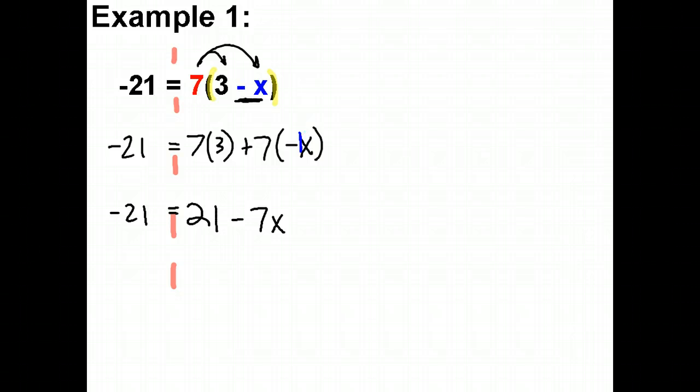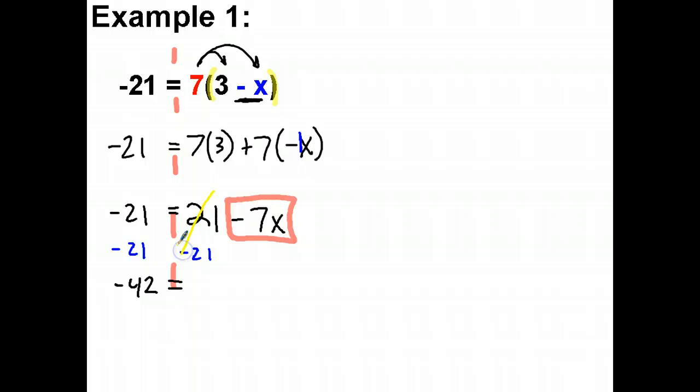And then from here, we want to isolate that variable term. So I'm going to get rid of 21. And negative 21, take away 21 more, is not 0. Remember, it's negative 42, because they have the same sign, so they stay negative. Then I just add the 21s together, and these ones cancel out, and we're left with negative 7x. Final step in things, we divide by negative 7, and I'm left very clearly with 6 equals x,